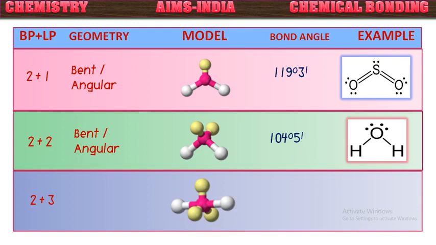Another kind of molecule has two bond pairs and three lone pairs. Now here the three lone pairs will come into a plane along with the central atom, and the two bond pairs will be on the opposite sides of this plane. This is a linear shape because we consider bonded pairs, not lone pairs, in predicting shape. So they are in a linear shape. Bond angle will be 180 degrees. An example for this kind of molecules is xenon difluoride,